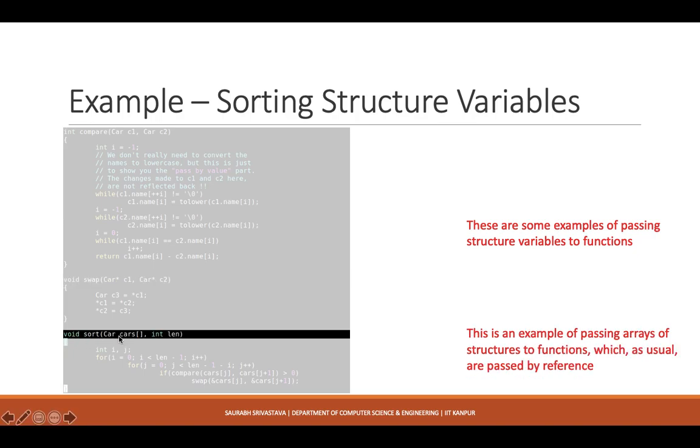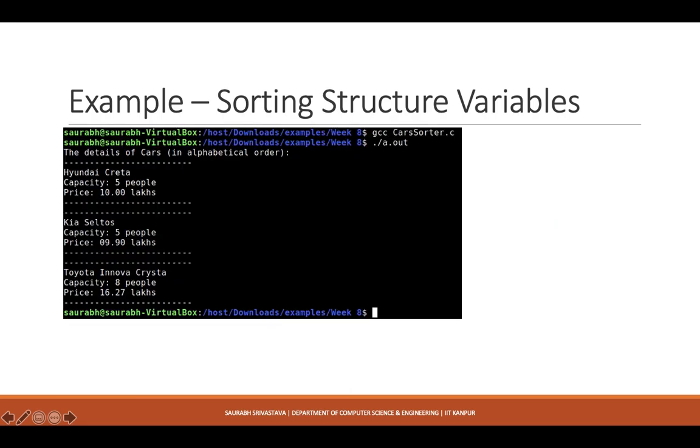And this is the example of passing arrays, right? As you already know, arrays are always passed by reference. So I'm just sending my cars array to the sort function, and whatever happens here, I can see the side effect in the calling function, in the main function. So this is the idea.